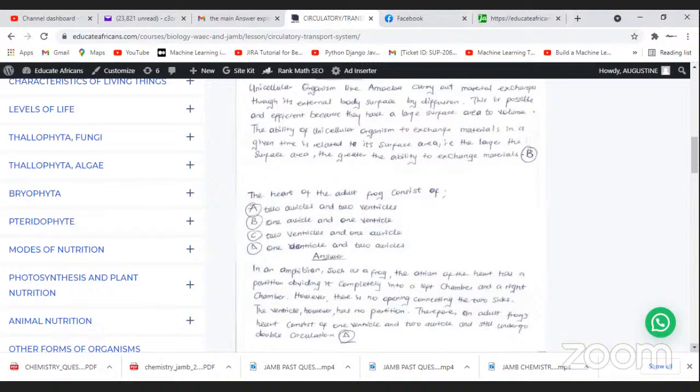Two ventricles and two ventricles. One auricle and one ventricle. C, two ventricles and one auricle. Then D, one ventricle and